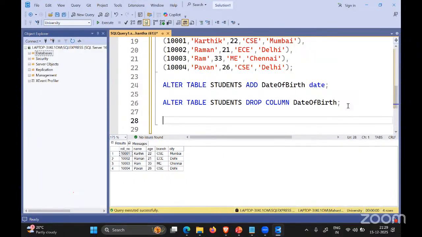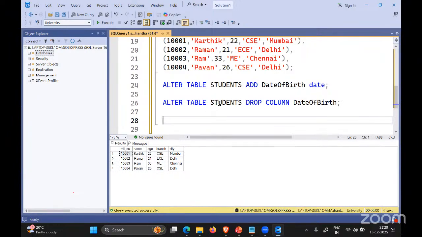On the other hand, the truncate command only deletes the data. The structure will be intact. Okay, let us see that.